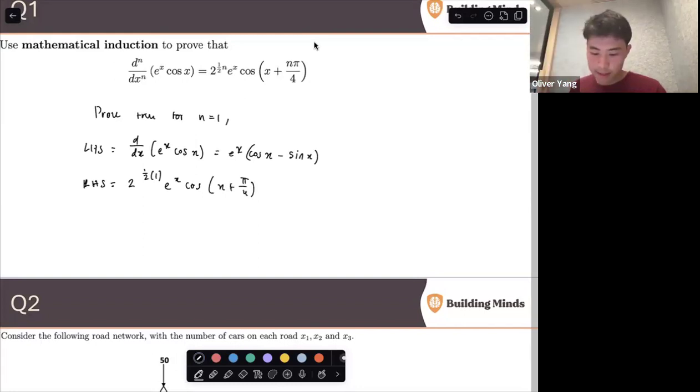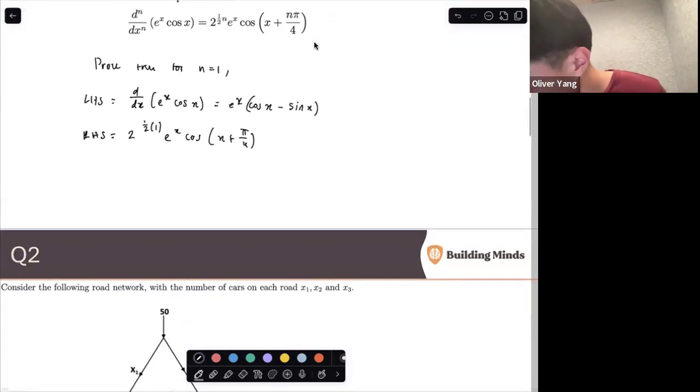Then we know there's the trig identity, the angle rule. So we can write 2 to the power of a half as root 2, right? And then we get e^x cos x cos(π/4)